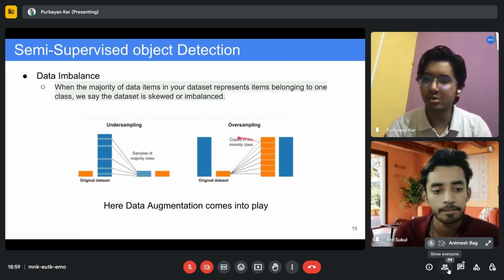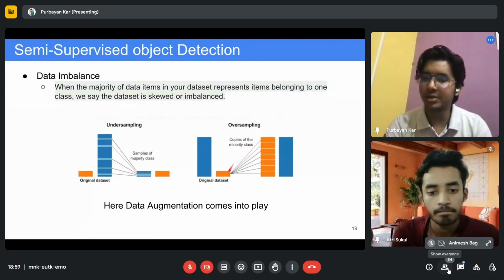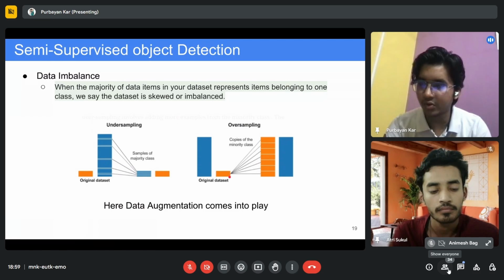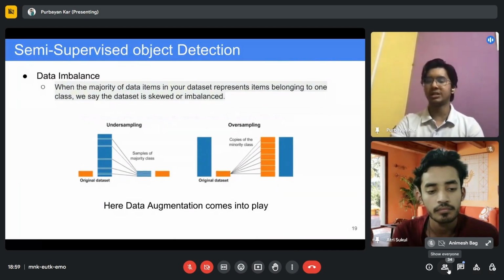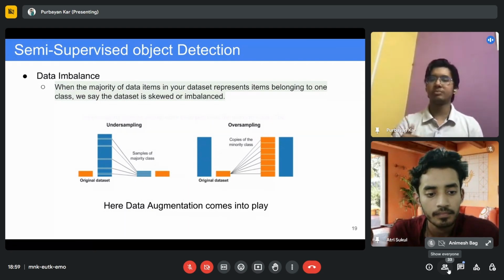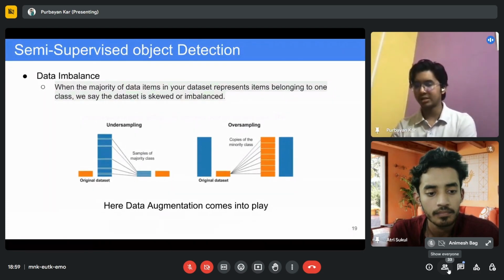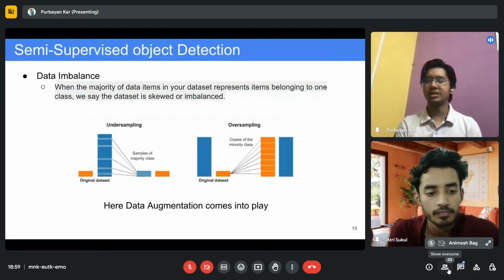What we do is oversampling. Oversampling is when you have those 95 classes with low numbers of samples, and you create copies of the data of those classes. So let's say you have 5 images of a cat, but you need 100 images of that cat. You make copies of those images of the cats, and thus you increase the number of samples in your dataset.